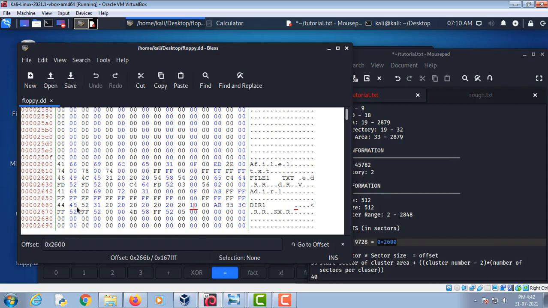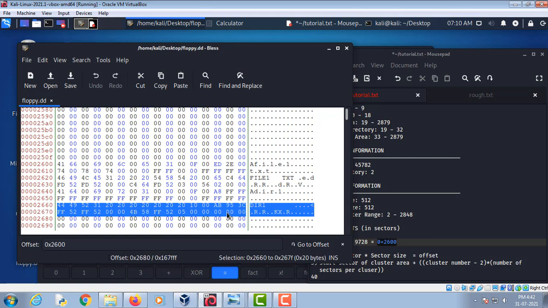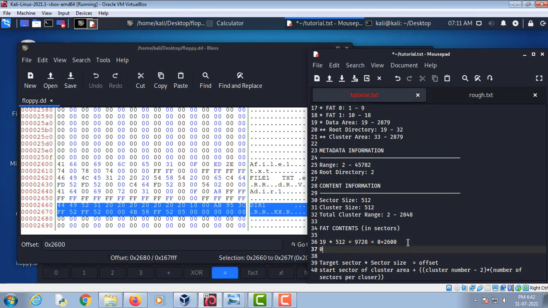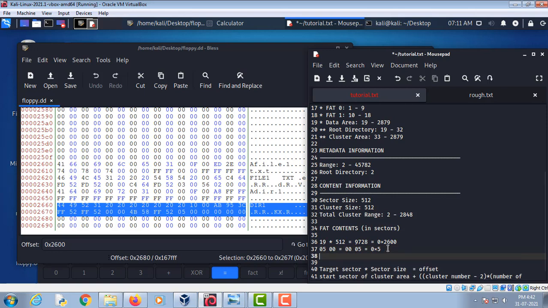So if we calculate this from here, 1 2 3 4 5 and 6, it is 0500. We will have to write this in little endian format. So we will reverse this, and ultimately it will become 0x5. Okay, now we will use this formula.